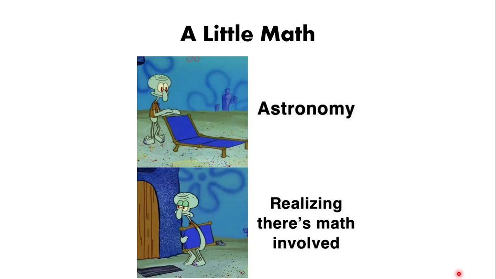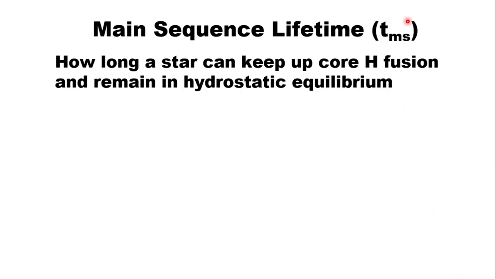Let's take a quantitative approach to main sequence lifetimes. The symbol for main sequence lifetime is a little t, that's for time. Please make sure it's a little t because we're using big T, capital T, for temperature. And we have our subscript ms, that's the main sequence lifetime of the star. Main sequence lifetime is defined as the time that a star can keep up fusing hydrogen in its core and balancing itself in the state we call hydrostatic equilibrium before it runs out of hydrogen in the core and